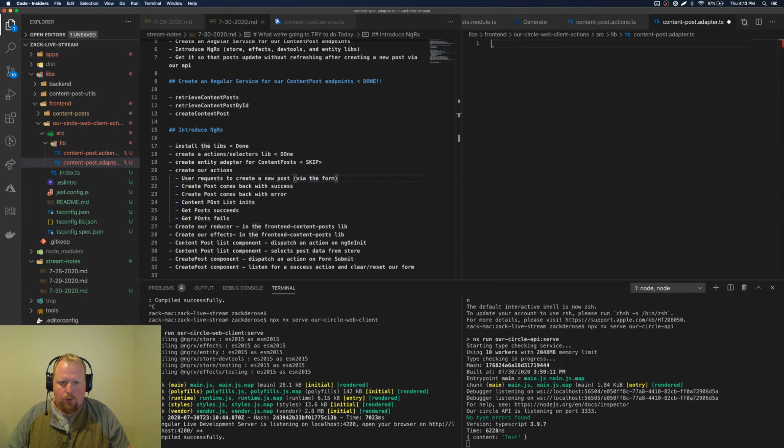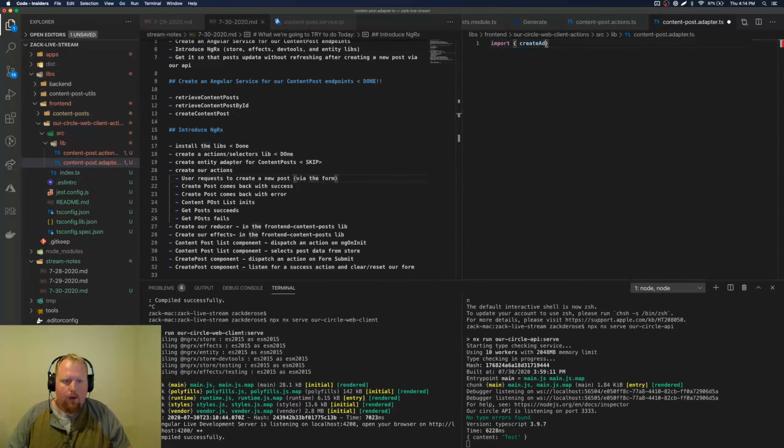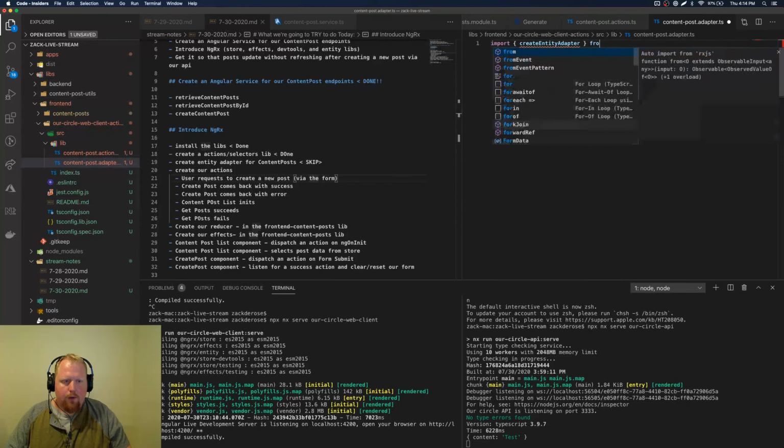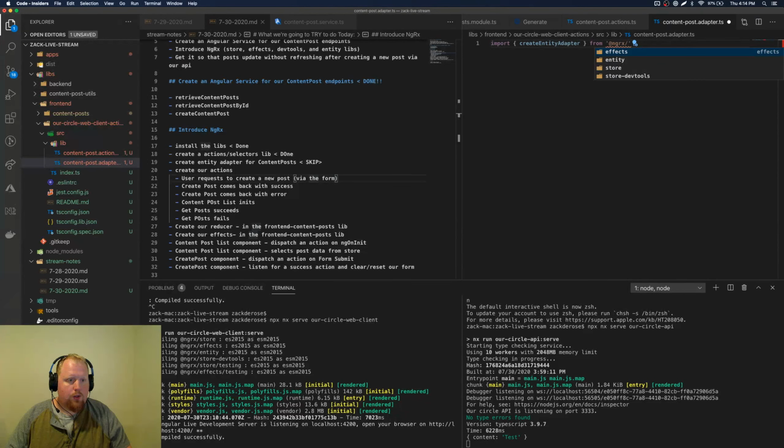So we're going to import createEntityAdapter from @ngrx/entity, and we're going to export const. So this is the content post entity adapter equals create,